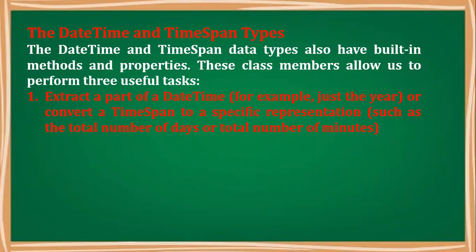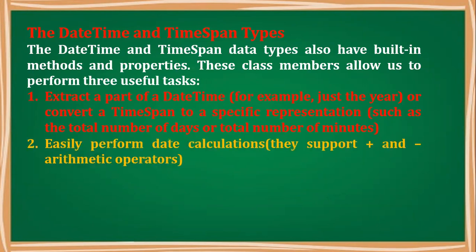So a huge amount of calculation burden is going to be reduced by the methods provided by the time span and date time classes. The second useful task is that they can easily perform date calculation. So adding the dates and subtracting the dates with the normal simple plus and minus, that is addition and subtraction arithmetic operators. If we create an object with these classes and apply these operators, then we get perfect addition of dates and time. Otherwise, with a normal variable, it is not possible.